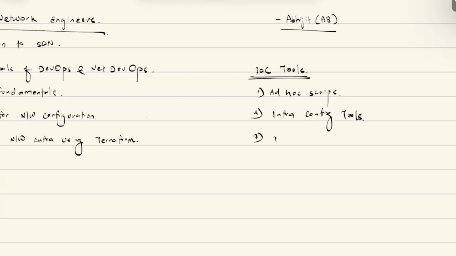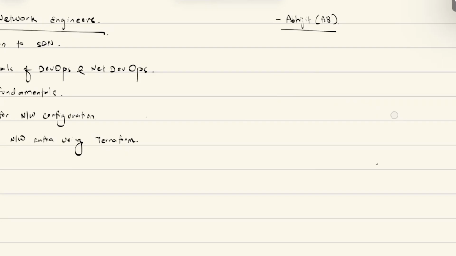You have infrastructure provisioning tools like Terraform and all. And you also have infrastructure templating tools, and that's where Docker and all that comes up. So Python, Ansible, Terraform, Docker, all of these are something that you're going to learn about.